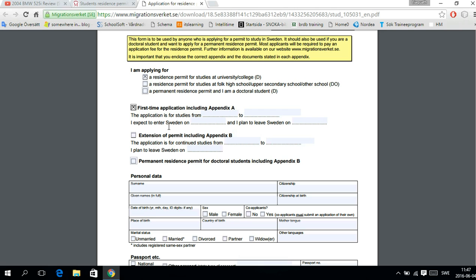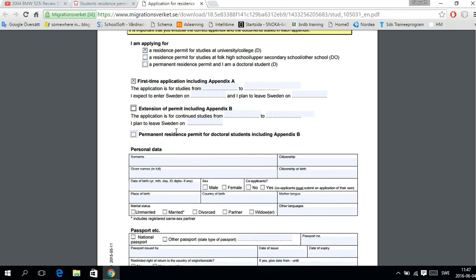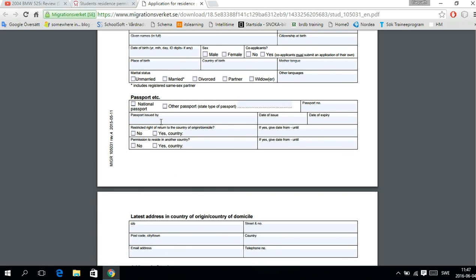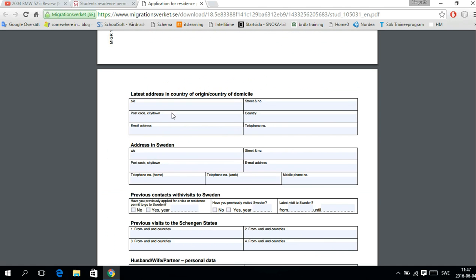Yes. If it's not, like if you are extending, if you are already in Sweden and you are done with 1 year of study, and then you need to extend your visa, in that case you will choose the second one, extension of permit. So for now, it will be the first one. Yeah, you can uncheck the box by clicking again, and then you have some personal information, passport information, latest address in Sweden,